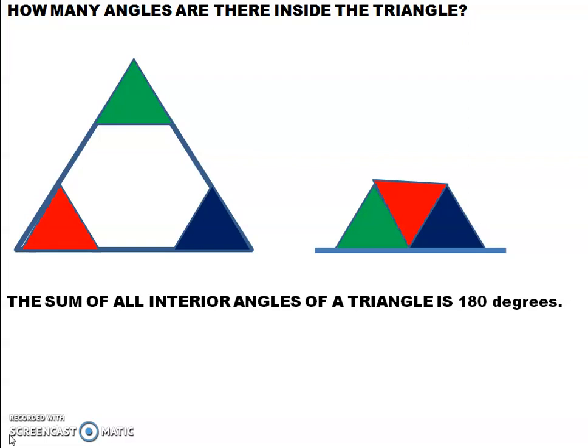Okay, this is the topic we are going to learn today: angle sum property of a triangle. What is the property called? Angle sum property. The sum of all interior angles of a triangle is 180 degrees. This statement you should learn. Based on this property, we are going to do 4 questions. Going to the first question.